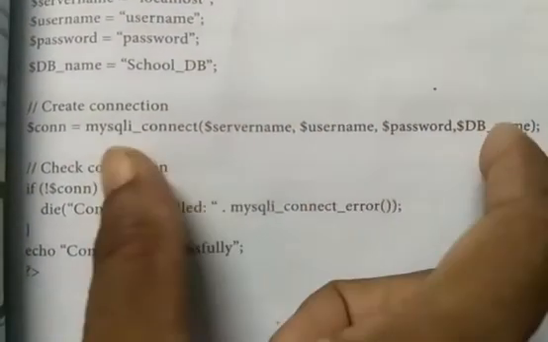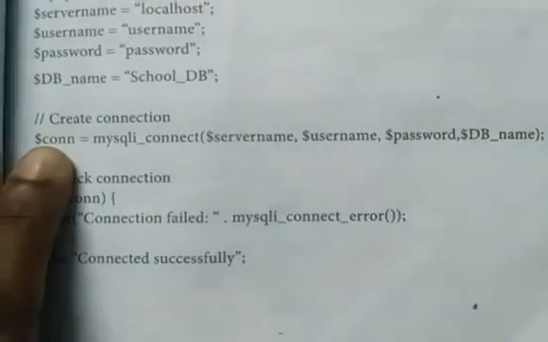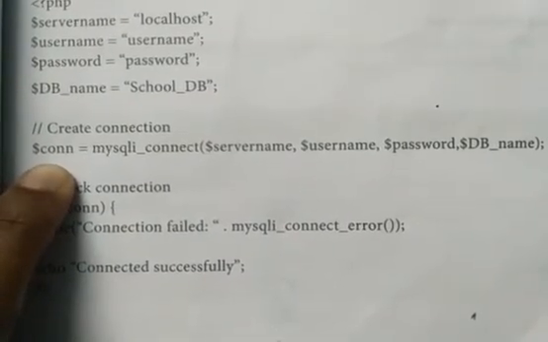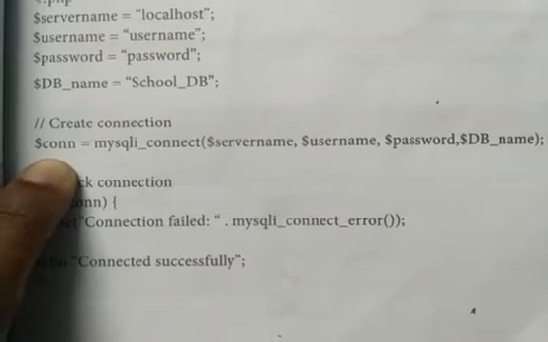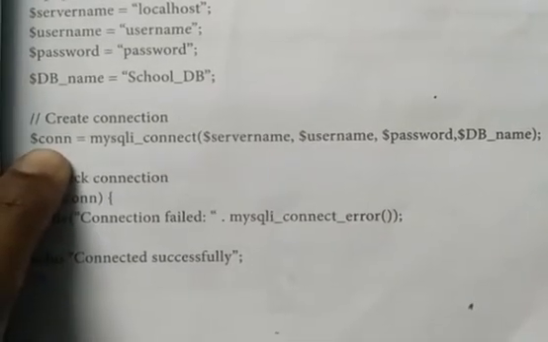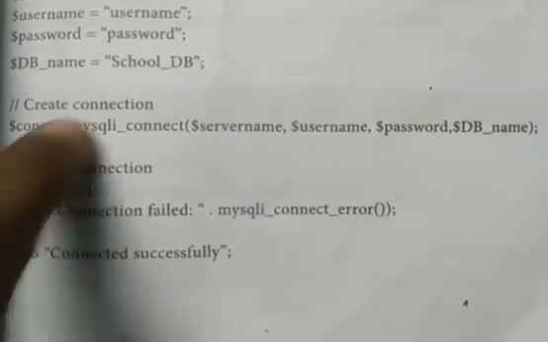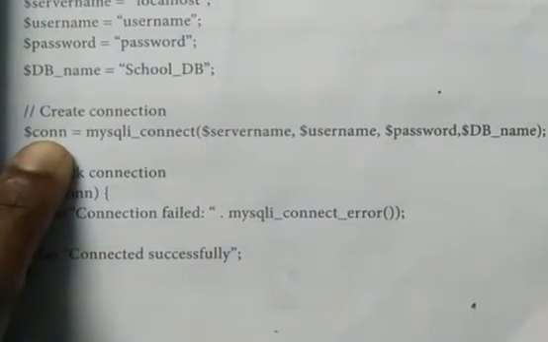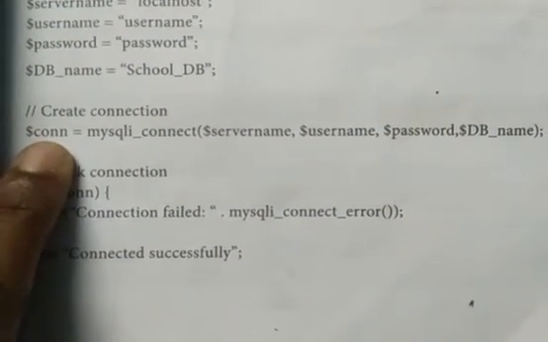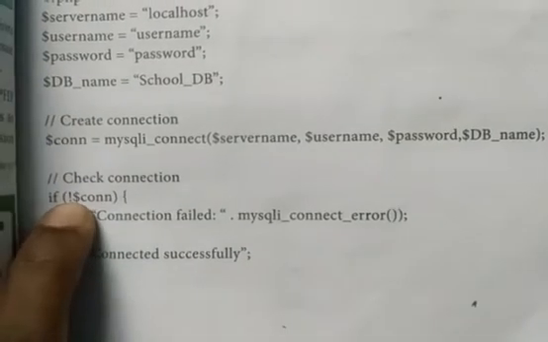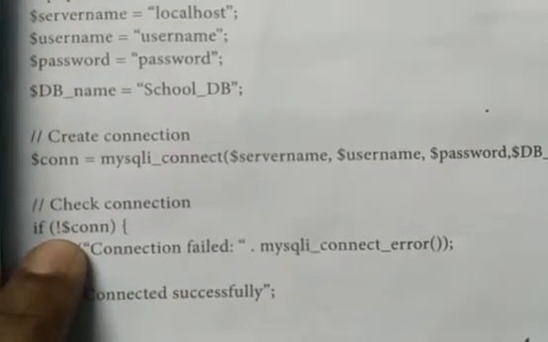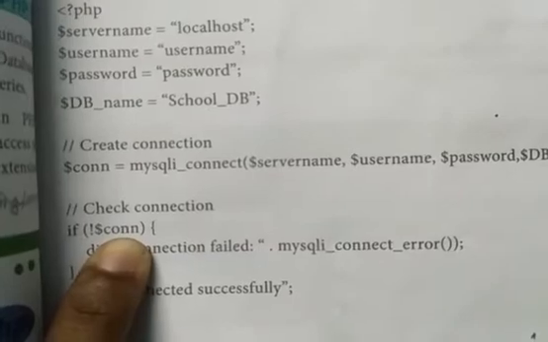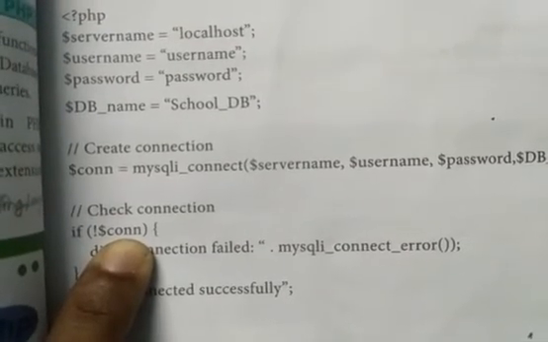After getting connected, we are storing these values in the $conn variable. So here $conn is a variable called the connection object. So what is the connection object? $conn. If we get connected with the database, those connection details are made and stored in the variable $conn. So it is called the connection variable. So here what they have done: if connecting, if not connecting, the exclamation mark represents the not operator. So not of connection, that means the connection doesn't get made. So the output is failed. So error.